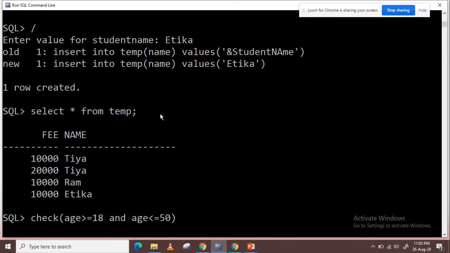So we can specify any relational conditions, logical operators like and, or, etc. in the check constraint while creating the table. And you can also add a check constraint after creating the table, or for any existing table, using the alter table command with the add clause or with modify. Okay, so modify can work with all the constraints, so you can easily use modify for defining the constraints.